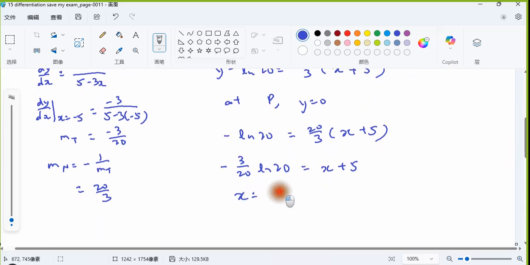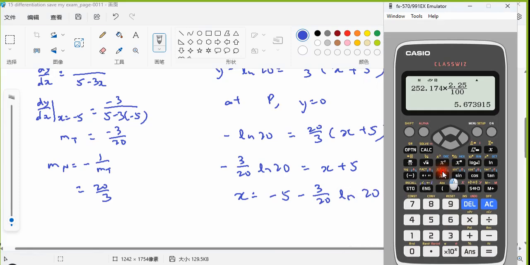So x will be negative 5 minus 3 over 20 ln 20. Okay, this will be the answer. So we will have negative 5 minus 3 over 20 ln 20,